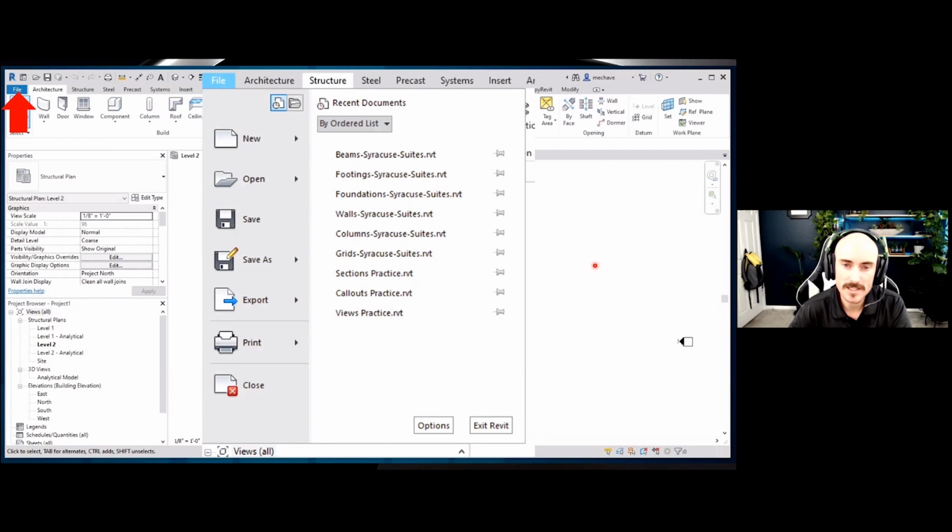One great tip I like to always offer up is under options down here. You will then go from options to user interface and double click under the options under customize. What happens when we're modeling elements, and again, you're probably like, Michael, you keep referring to elements. What are these? Don't worry, we have another slide later on to talk about them. But what happens when you double click on an element by accident? When we're new into Revit, we're moving our mouse, we may double click something, and a whole new window opens up. That's because it's a family editor. I highly recommend under options, you go from options to user interface, double click on options under customize. And when it says edit family, you will say do nothing.